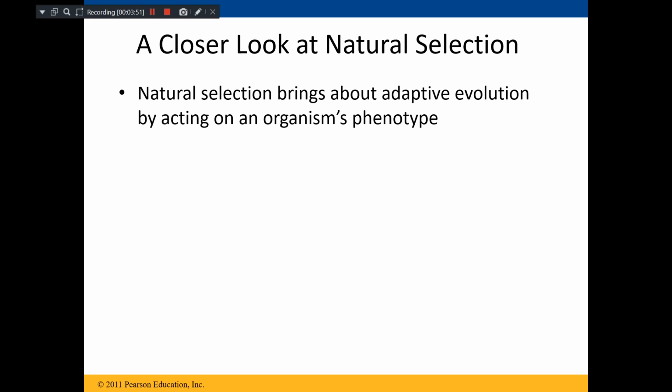So ultimately, we can say that natural selection brings about adaptive evolution. Natural selection mainly acts on the organism's phenotype, the external morphology or external features. It acts on the physical characteristics and selects them.